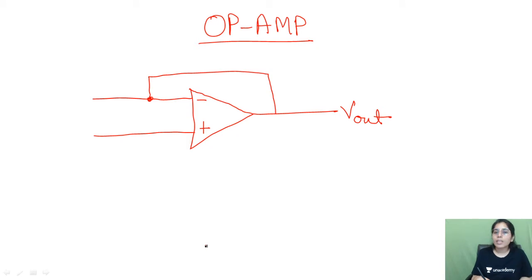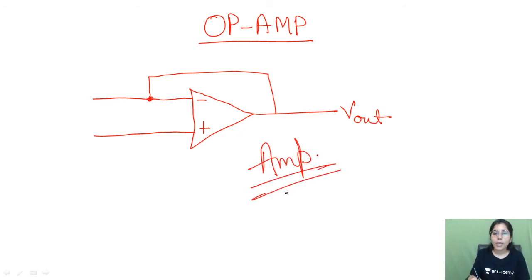Whenever you have negative feedback given to the op-amp, we can say that it works as an amplifier. Now the other point: if the feedback is on the positive side, then what will happen? Then it can be an oscillator, because to be an oscillator it needs to satisfy some conditions. If it satisfies those conditions, like the Barkhausen criteria, then whenever positive feedback is there and it satisfies the oscillator's condition, we will say it's an oscillator. But normally with negative feedback we get the amplifier circuit.